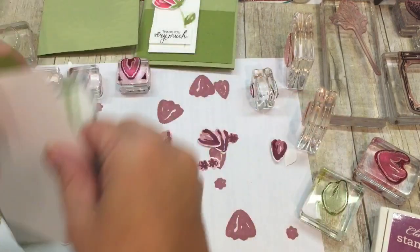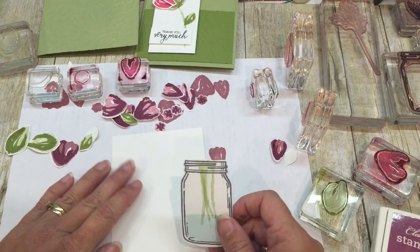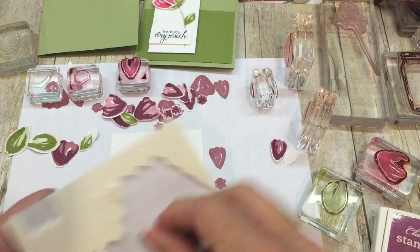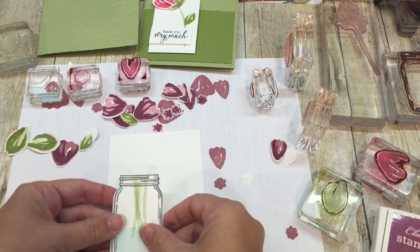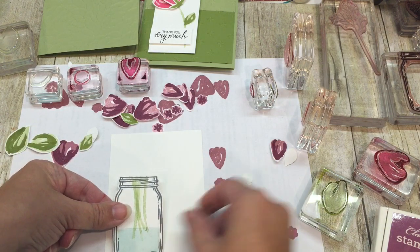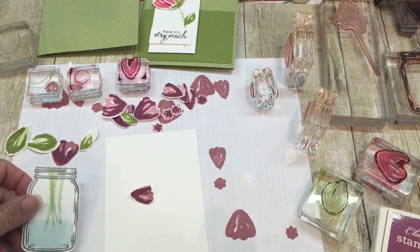I've die cut my jar. I've got my white panel of cardstock. So I will pop this up over to one side and then the magic happens. So I'll put a couple of dimensionals on here. Now, before I adhere this, I am just going to check. I'm setting this here as like a little placeholder,